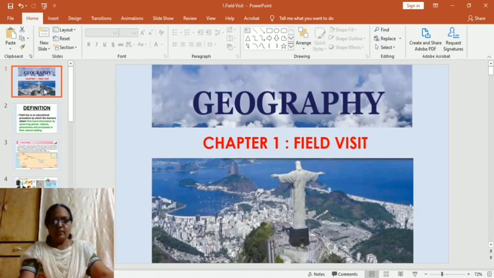In the 10th standard, we have a 40 marks paper, and 10 marks are assigned for your MCQs and assignments. You've got 9 lessons in the 10th standard, of which the first lesson is field visit, and for the subsequent lessons, from the 2nd to the 9th, you are going to have a comparative study of India and